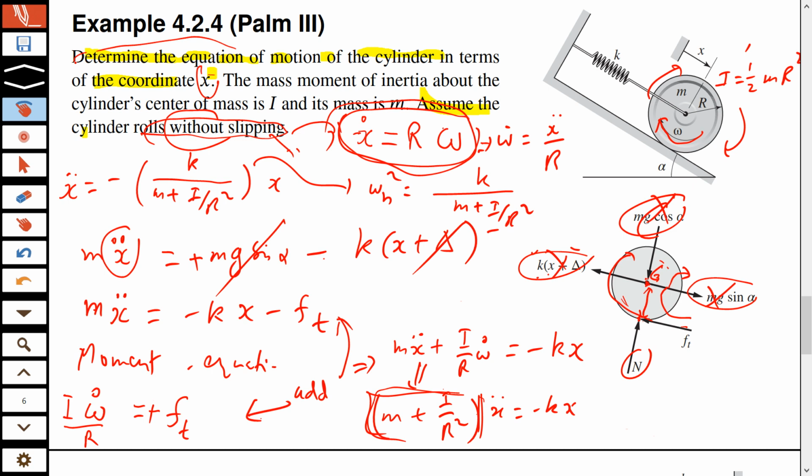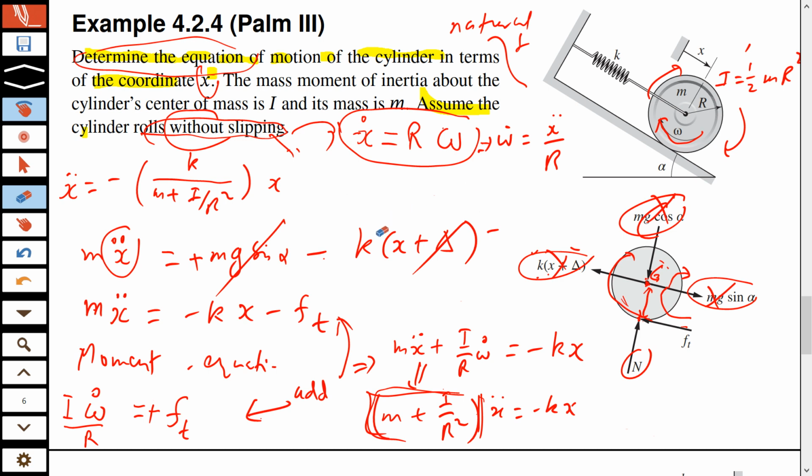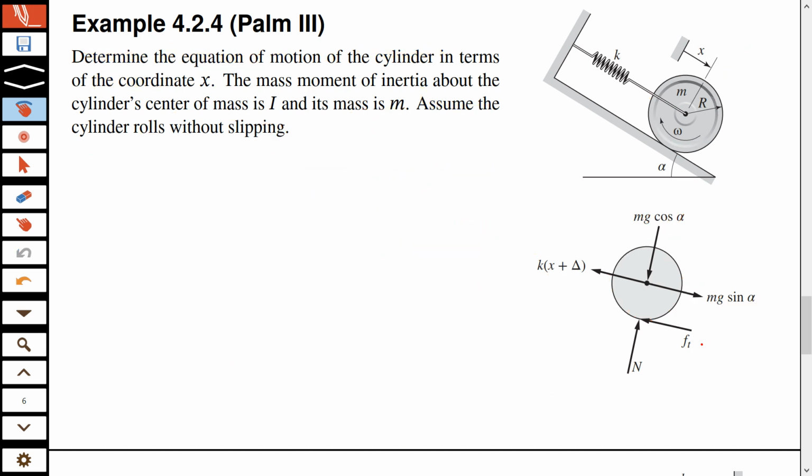So yeah, that was it. We actually don't even need to express it in this form because in this question all we need to do is to write the equation of motion. ओमेगा एन स्क्वायर्ड के फॉर्म में लिखने की जरूरत तब होती अगर यहाँ पे नेचुरल फ्रीक्वेंसी भी क्वेश्चन होता। So maybe we can just leave it and just ignore this, and we just write down this as your answer, x double dot equals minus k over m plus I over r squared times x. ज्यादा से ज्यादा आप I के लिए एक्सप्रेशन लिख देंगे, half m r squared। समझ आ गई ये वाली? इसमें कोई क्वेश्चन है तो आप पूछ सकते हैं।